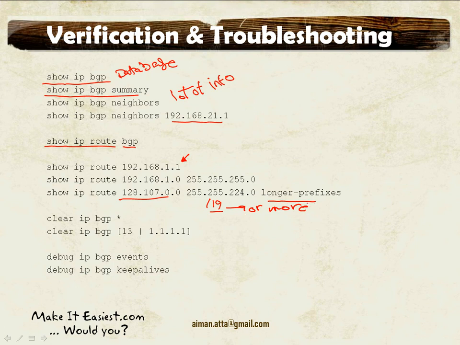If you want to clear BGP neighborship, you could be clearing all neighbors using clear ip bgp asterisk, which means all. Clear ip bgp and then specifying an autonomous system clears only neighbors from this autonomous system, or you could be clearing a certain neighbor specifying its IP address. The pipe right here means or. You could be clearing all